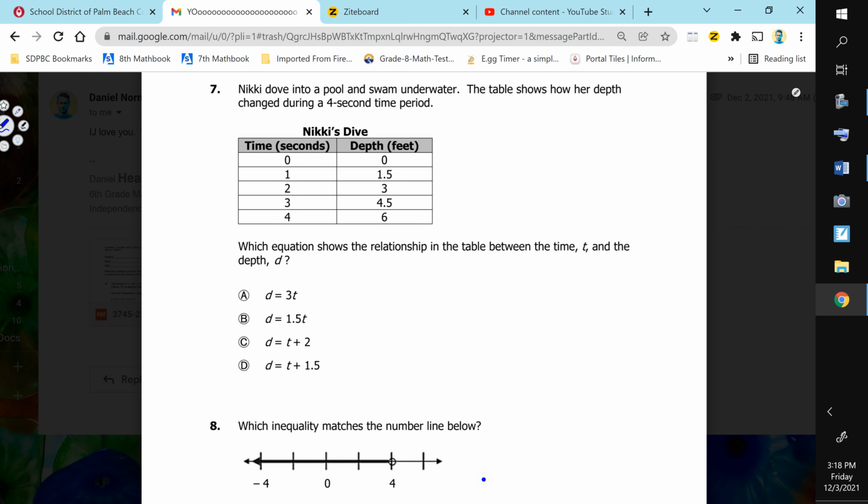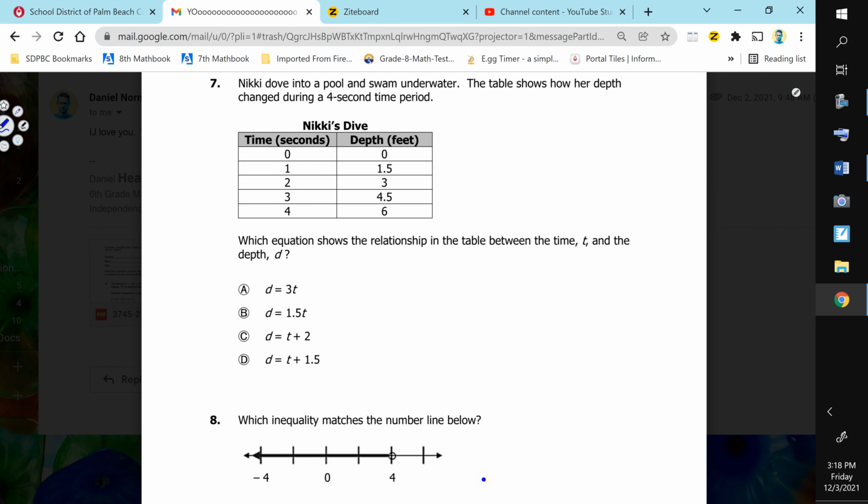Nikki dove into a pool and swam underwater. Now look what's happening here. Really the way that you can do this is just substitute 2 and 3 for each equation. If I put a 2 here and a 3 here,